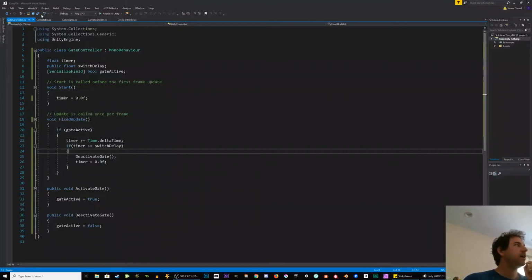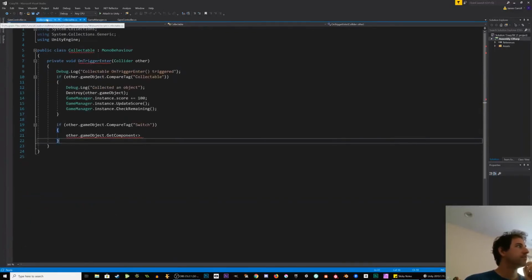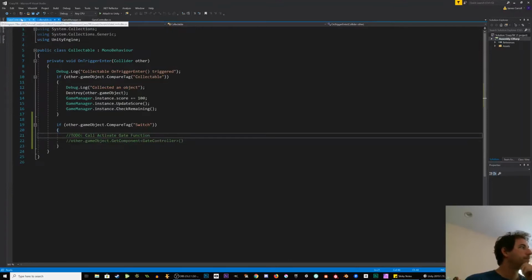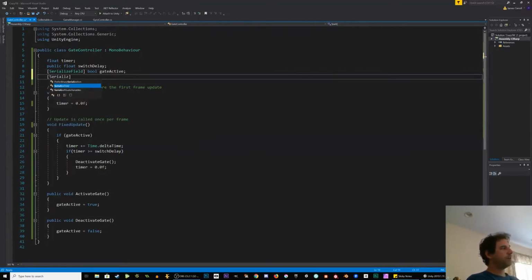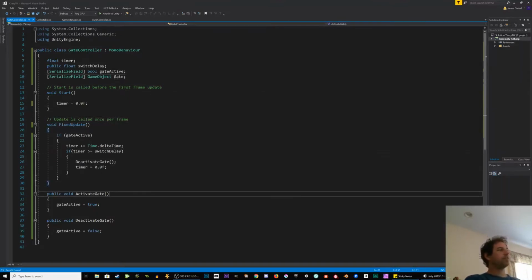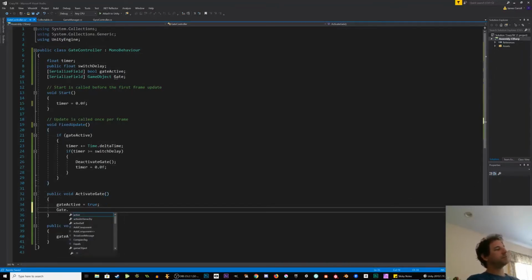So what we do need in our GateController is a reference to the actual gate. Okay, sure, let's do that. So public, or let's do SerializeField GameObject, capital G, gate, and this is going to be the one to activate. So we're going to have a GateController on every switch, and then it'll activate that particular gate. And when it activates that gate, we're going to find the animator on it. So in ActivateGate, let's do gate.GetComponentInChildren